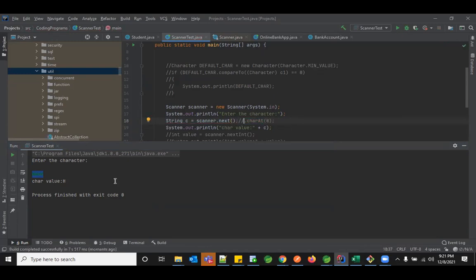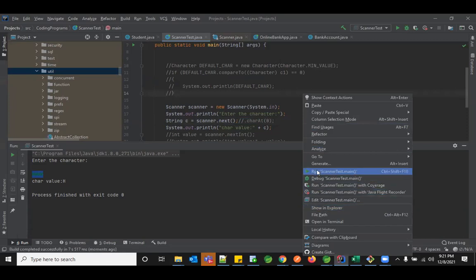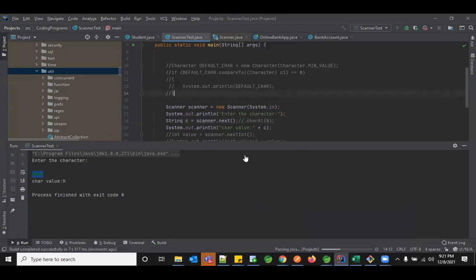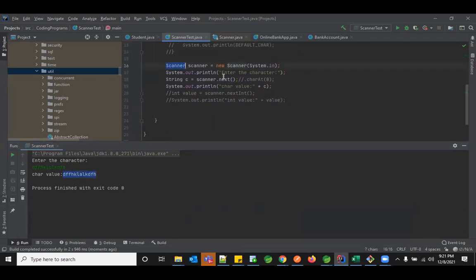So let me re-execute again. Don't need to worry about character yet. I'm yet to teach those methods. So just learn how to get your dynamic data. I'm giving something and I'm just printing it. Whenever you want to get your data dynamically, you can use this Scanner class. So let me try with next